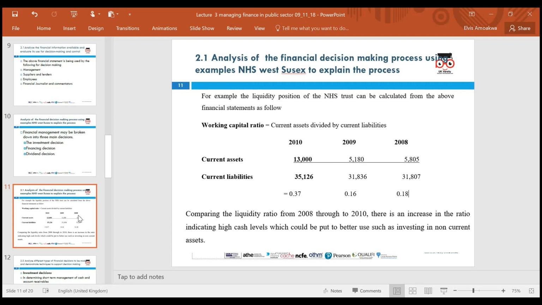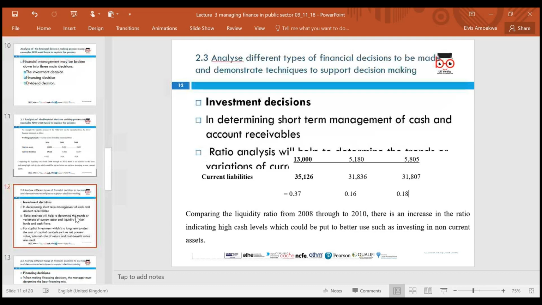Right, so these are some of the ways that we'll be able to analyze financial information in making decisions for ourselves. And we try to use the NHS web sources financial information to explain the process. Right, let's look at the next slide and see what we can make out of that. The next slide